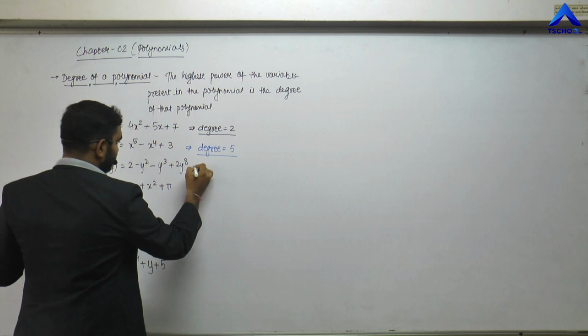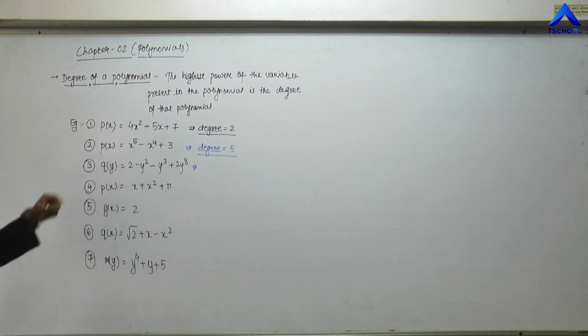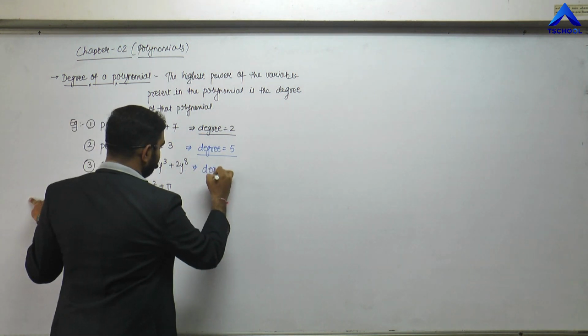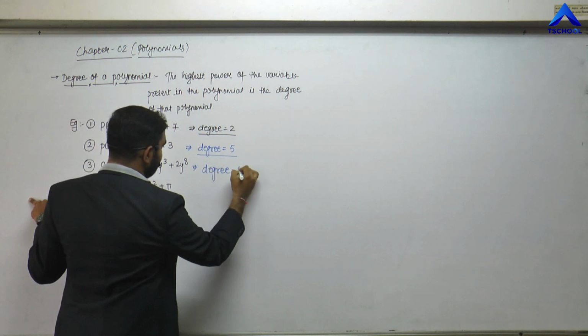In the third one, let us see. The terms present here are 2 minus y square minus y cube plus 2y raised to 8, right? So in these terms the highest power is 8, so the degree is equal to